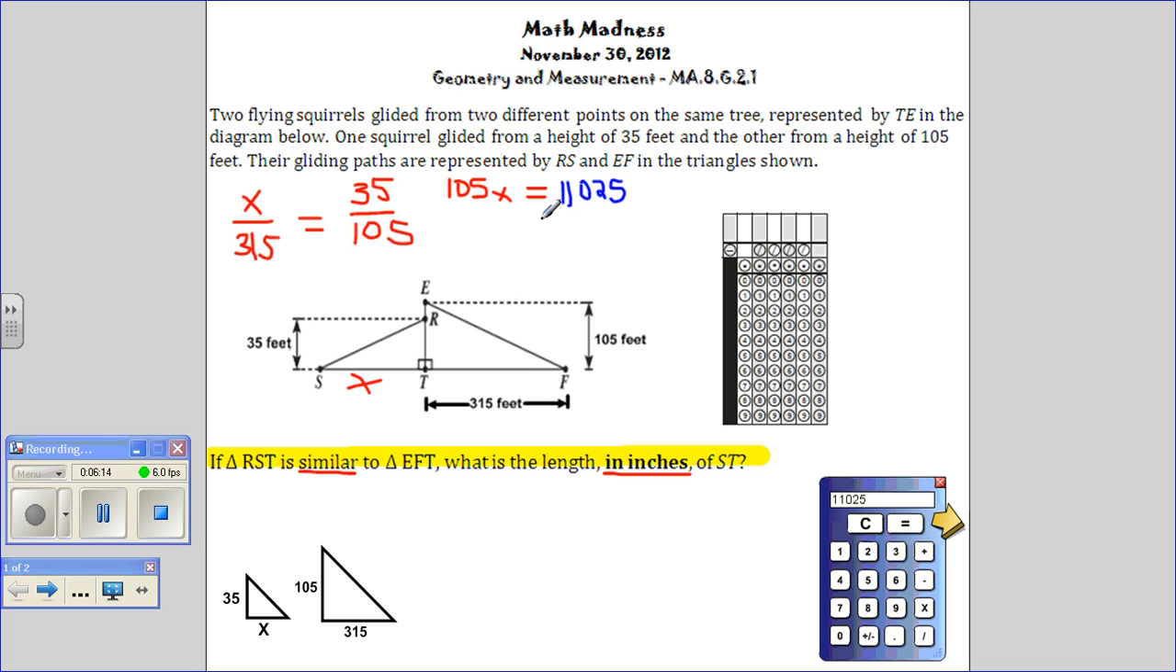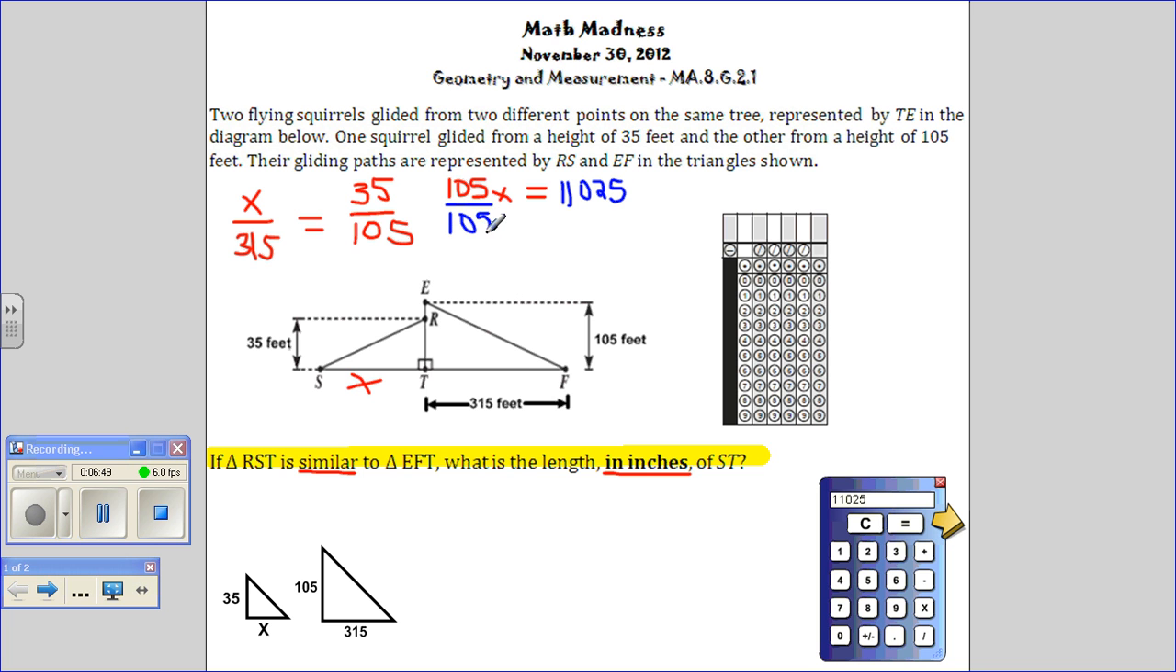Okay? Now, from here, this becomes an equation. And you guys should know now that to solve an equation, you use what they call inverse operation. In other words, you perform the opposite of the operation. Well, what operation is here? I have 105x equals 11,025. 105x means 105 times x. So the opposite of multiplying by 105 is, I know some of you said it in your classrooms, dividing by